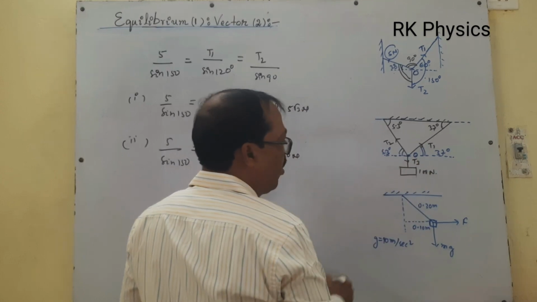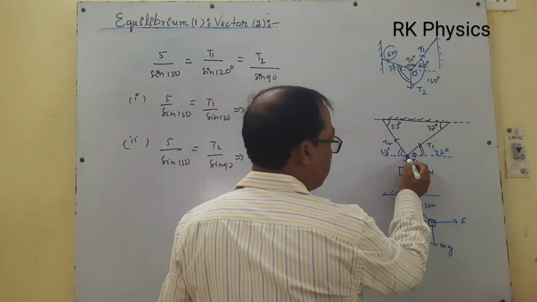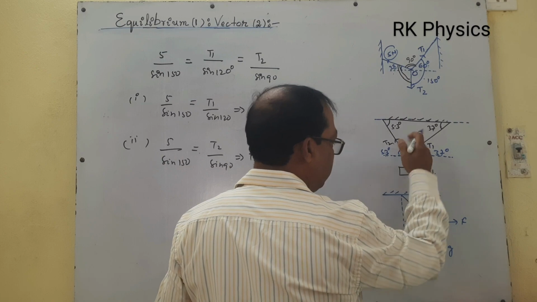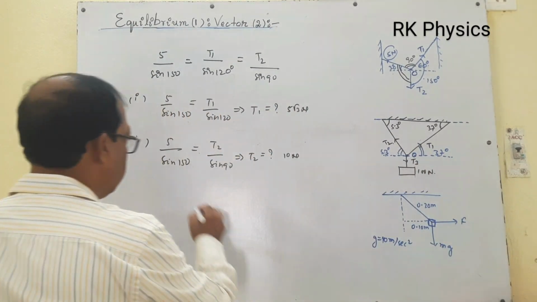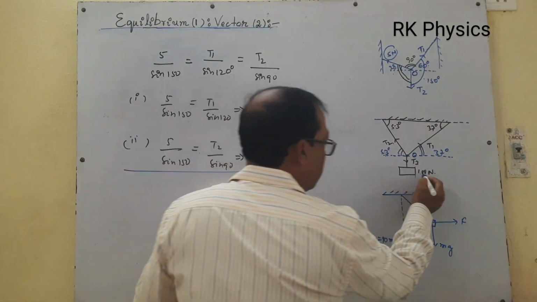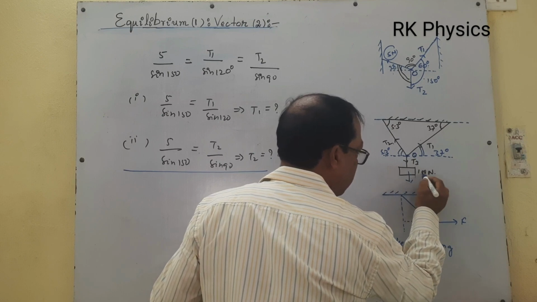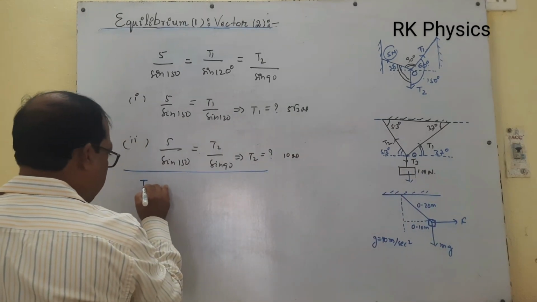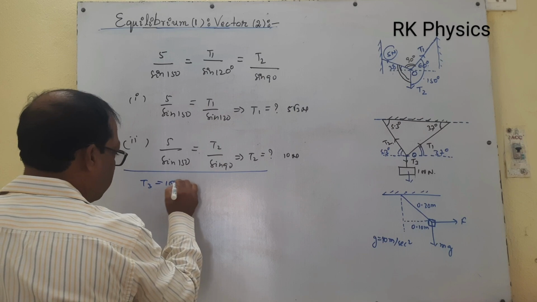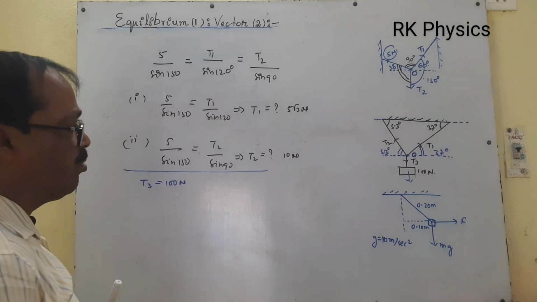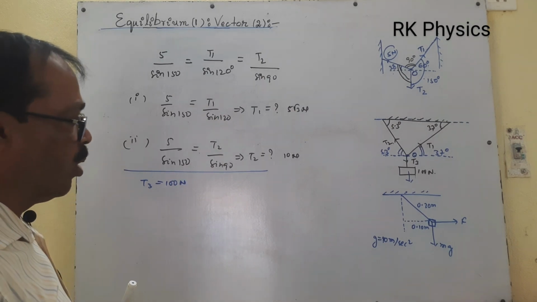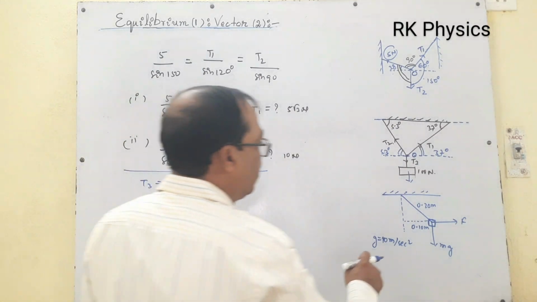Now this point is an equilibrium point. Three vectors T1, T2, T3 are in different directions. The weight is 100 Newton. This shows that T3 is 100 Newton. So now you can take